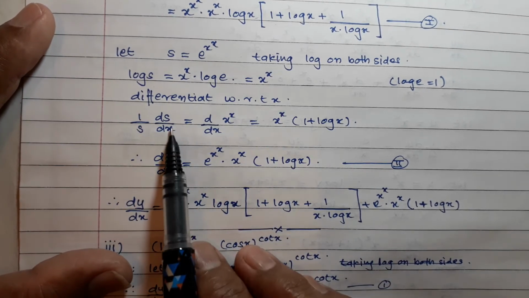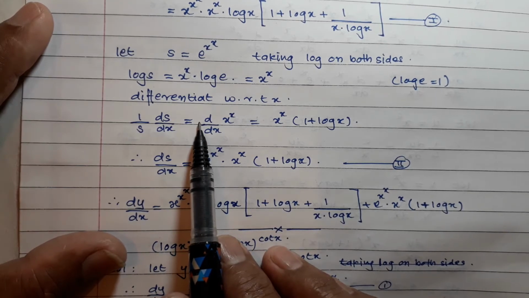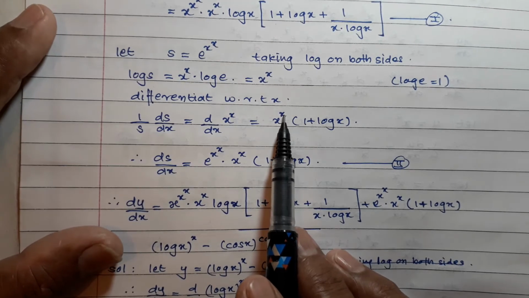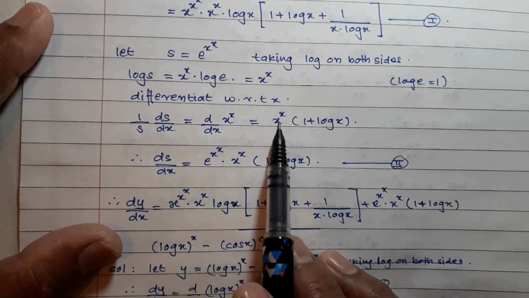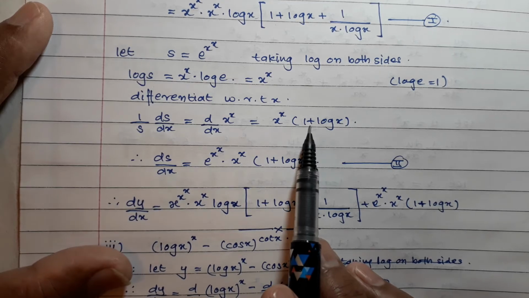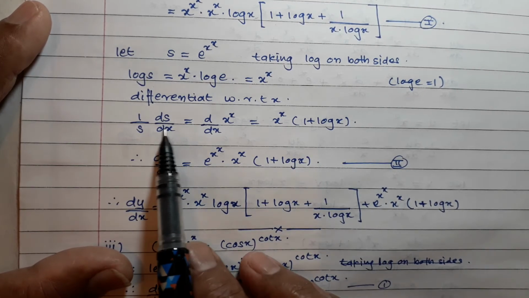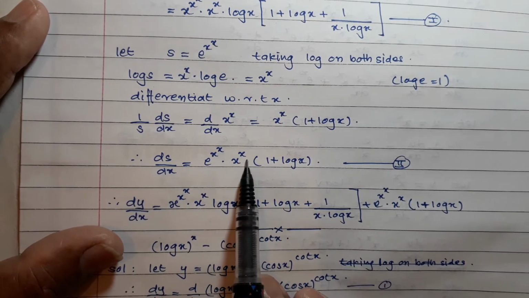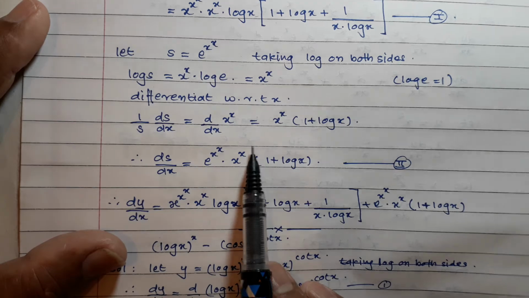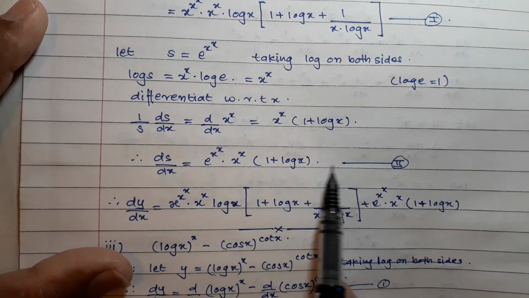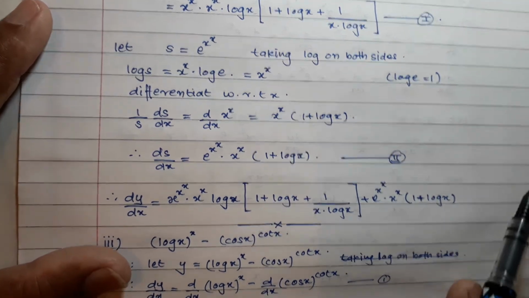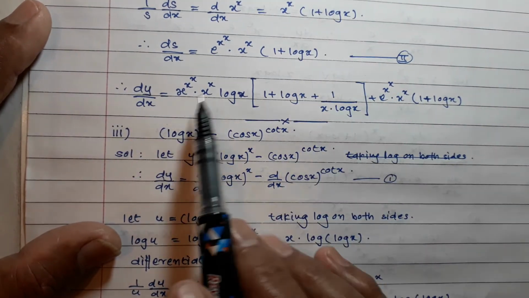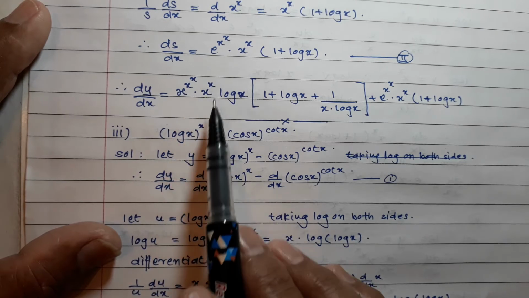1 upon s ds/dx is equal to d/dx of x^x, which is x^x (1 + log x). So ds/dx is equal to e^(x^x) into x^x into bracket 1 plus log x. Number 2. And therefore dy/dx is equal to, all together you write down, x^x